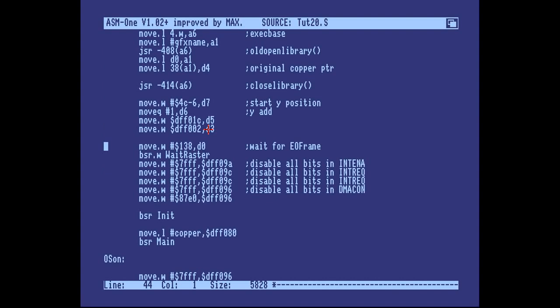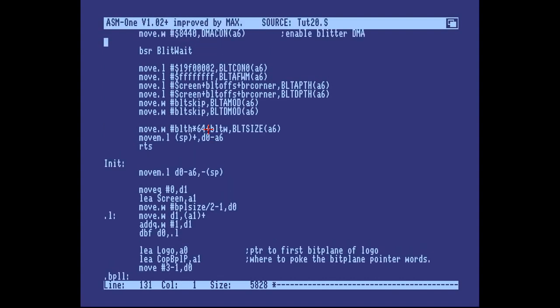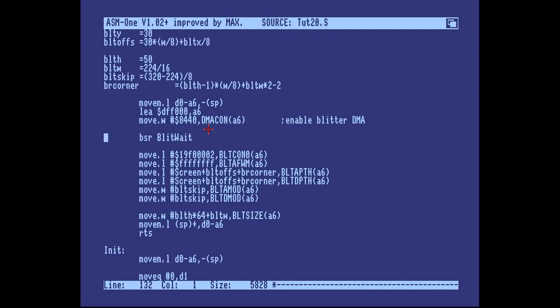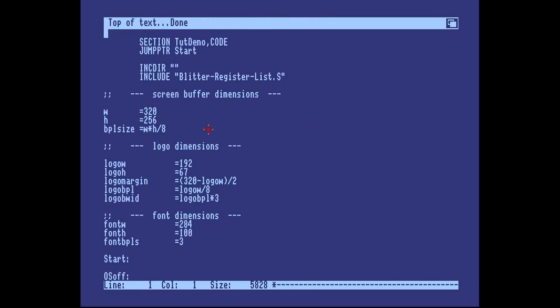So let's go ahead and find the blit that we used for scrolling, and simply modify that to be a copy blit that copies a character to the screen. But first, I'm going to put a bookmark here, Amiga Shift 2, for example, and then go to the copper